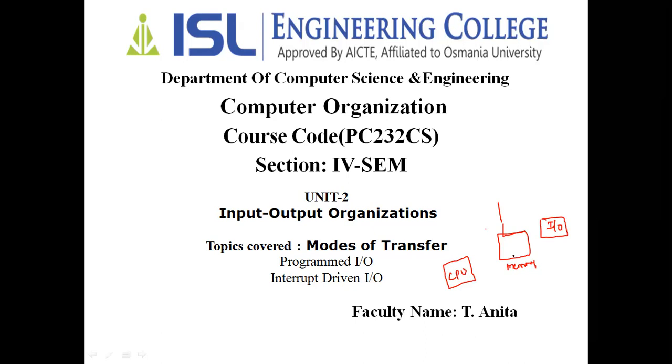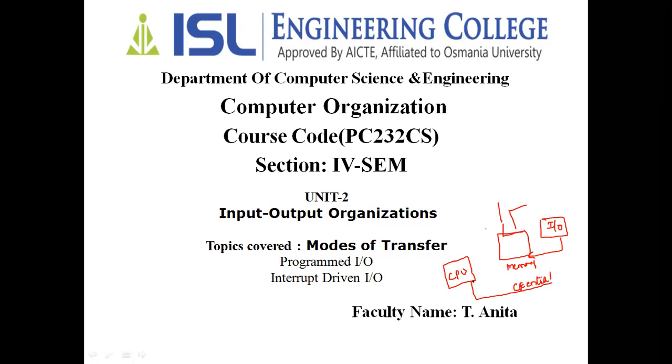Actually, it is not the transfer between the CPU and the IO devices. It is the transfer between the IO devices and the memory. Why? Because if we want to fetch any instruction, that has to be done from the memory. If you want to send any instruction, that has to be sent from the memory to the IO devices. With both of these alone, we can't do anything. That is the reason we are including the CPU. The CPU is the central processing unit, which does all the things.